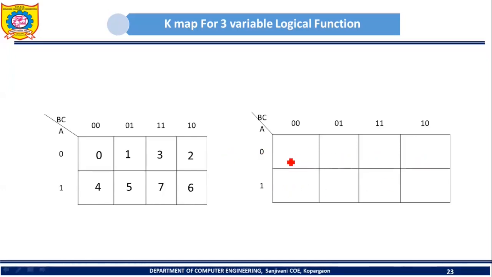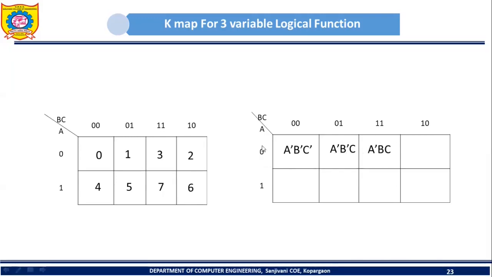So can you tell me which will be the minterm that will correspond to this particular cell? Yes, so for this cell, what is the input combination? 0 0 0. So that's why what will be the minterm here? A prime, B prime, C prime. Then this cell will correspond to another minterm. Which will be that minterm? So see, A is 0. In case of minterm, we have seen the difference between minterm and maxterm. In case of minterm, 0 means complement and 1 means uncomplemented form, right? So for this cell, A is 0. A is 0 means A complement, A prime, then B prime, C, right? A prime, B prime, C.